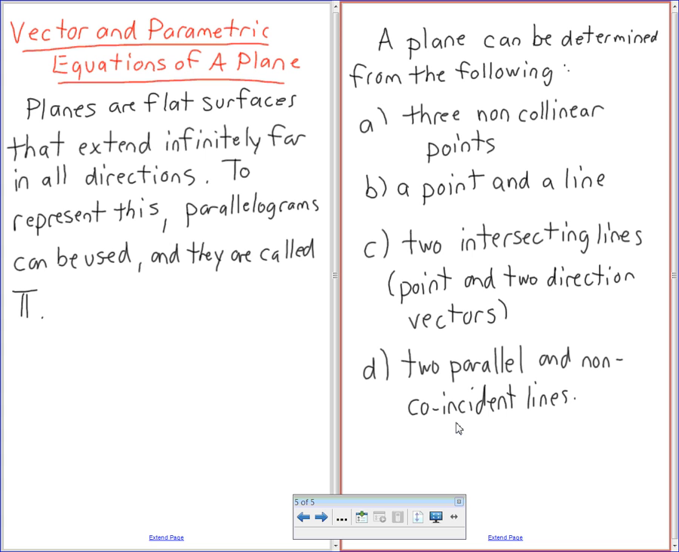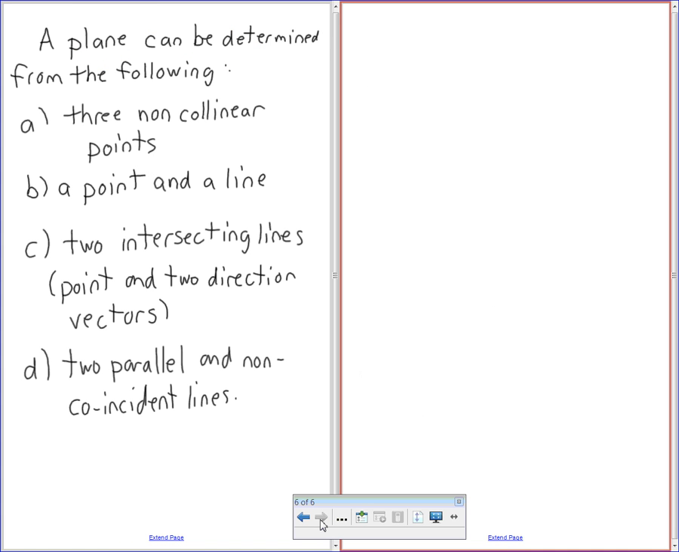Okay, our main one that we'll be using is letter C, because from A, B, and D, we'll turn it into a point and 2 direction vectors. That's sort of the standard one we're going to be using here. We're going to say here then, the vector equation of a plane is going to be